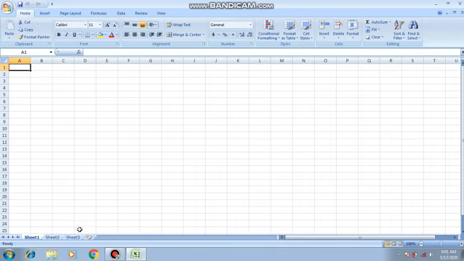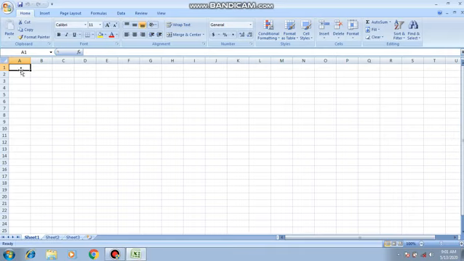Like this is the workbook. In this workbook there are only 3 worksheets. So the collection of these 3 worksheets is known as the workbook. Always remember, a worksheet contains cells organized in the form of rows and columns. A worksheet begins with row number 1. These are the row numbers and these are the columns. And this is the name box.